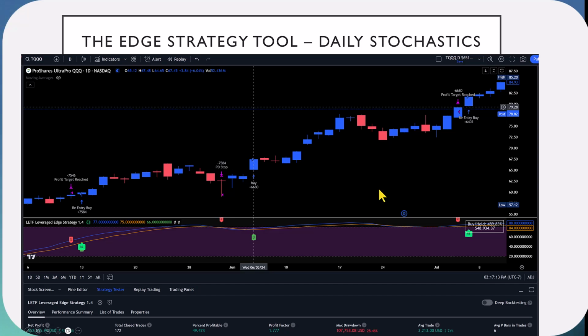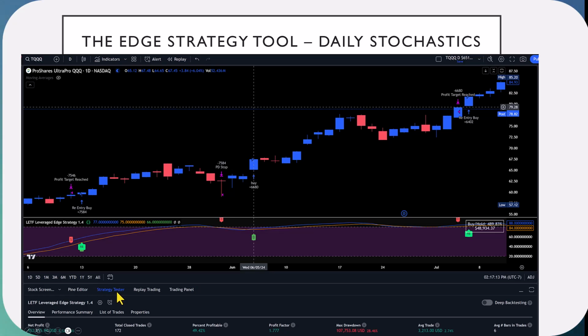This is the daily version. Same setup, looks pretty much the same. Signals up here with the candlesticks. The lines down here are smooth now, though, instead of jagged or stair-step looking, as this is a daily stochastic time frame. And then down below here, we have what we call a strategy tester, which is a tool that